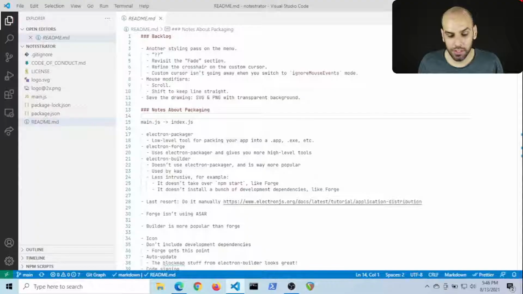But then I have this other computer that I sometimes use for streaming, which is a Windows computer, but it wasn't set up for streaming yet. It didn't even have Node installed. So in this past 15 minutes, I was installing everything and setting up the machine for development. But now that I did that, we can dive into Notestrator, Windows this time.